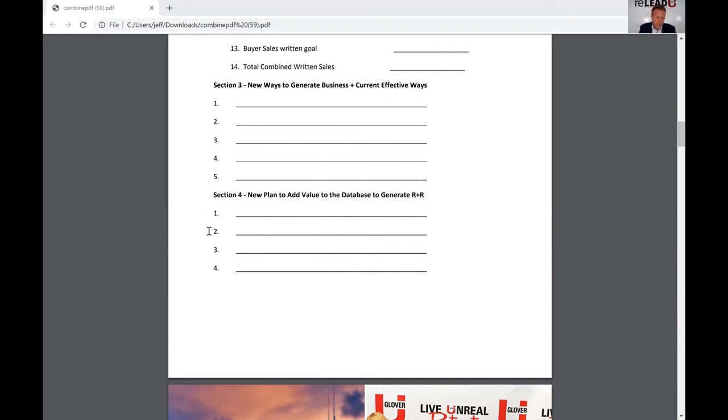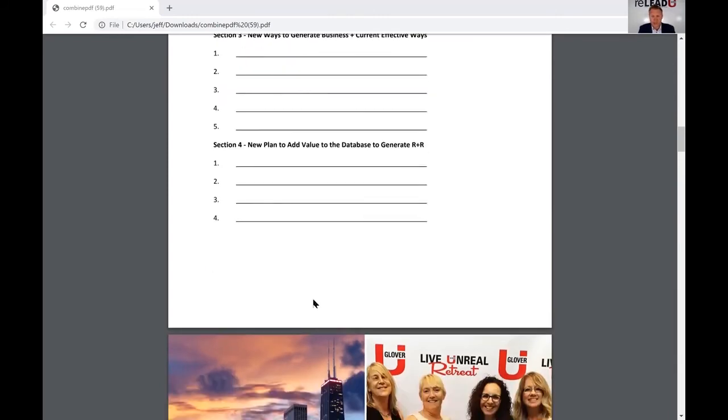So what can you do to add value? Things that are relevant to right now post-COVID. Go back to your original plan, copy over 1 or 2 things that you can still do that you want to do, and then write in two or three new things that apply to the post-COVID era. Write that in on section 4. All right, continuing along, stay with me here.